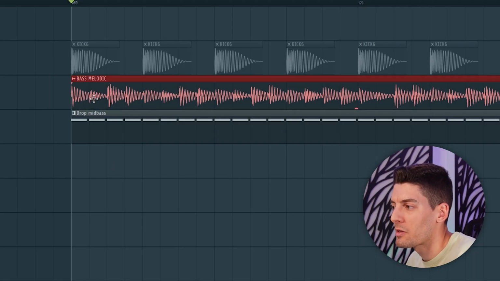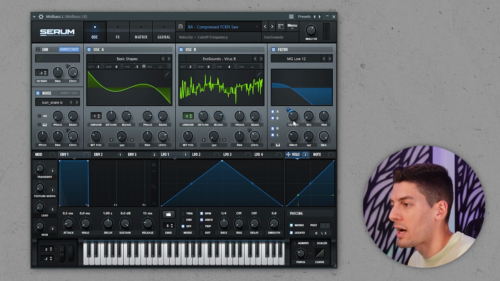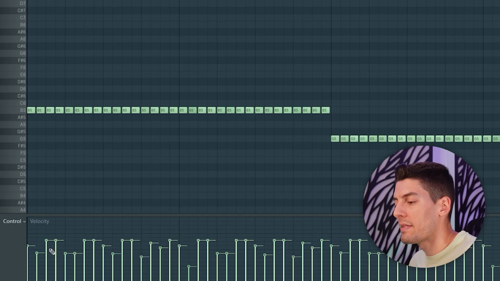But if we focus on the sample, not every note is the same. This one is louder, this one is a bit more quiet, this one is louder, more quiet. So I wanted to get a bit of the same rhythm, groove, vibe. So what I needed to do is to send the velocity to the cutoff in all the presets, and then in the piano roll move the velocity to get a bit of the same groove and vibe of the sample. So now that we have this,